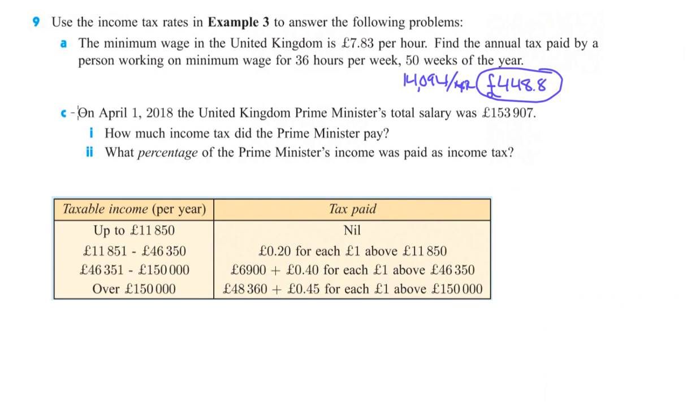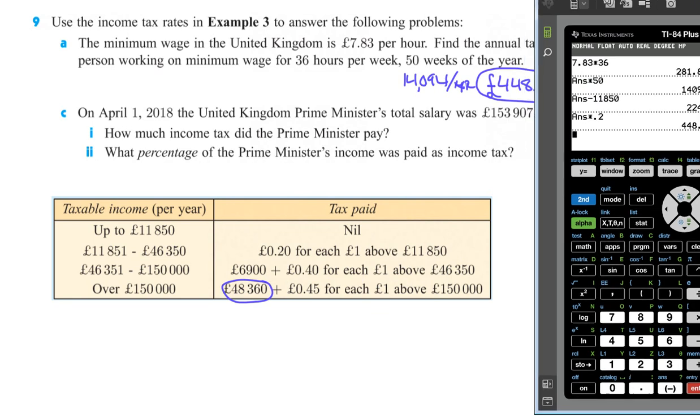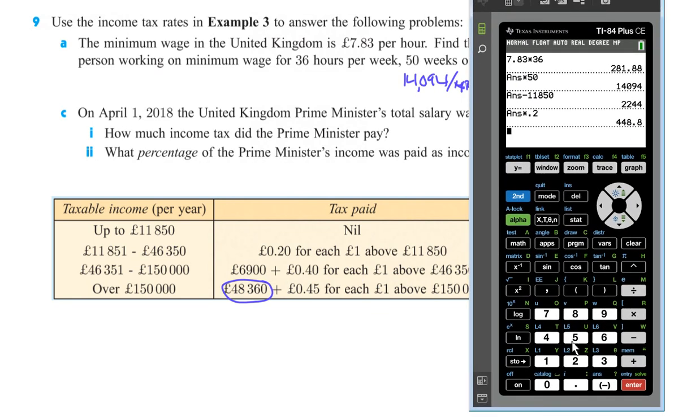Okay, and then looking at C here, on April 1st, 2018, the UK Prime Minister's total salary was 153,907. How much income tax did the Prime Minister pay? So they made over 150,000. So they're going to pay a flat rate of 48,360 plus 45% on every pound over 150,000. So if we simply take their 153,907,